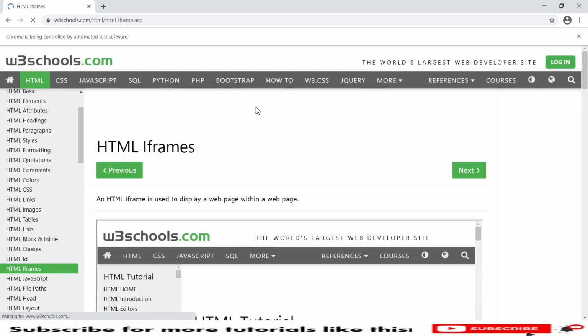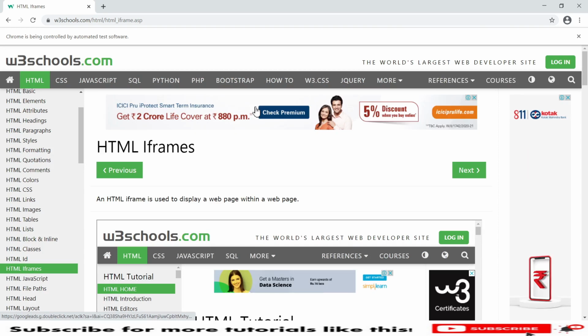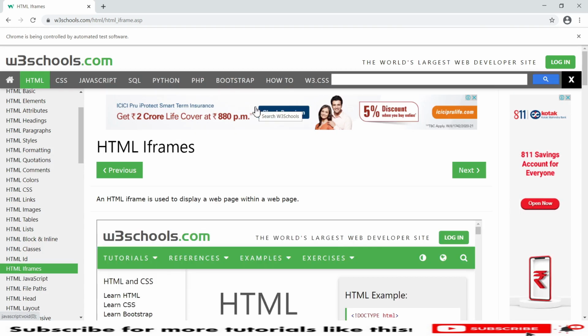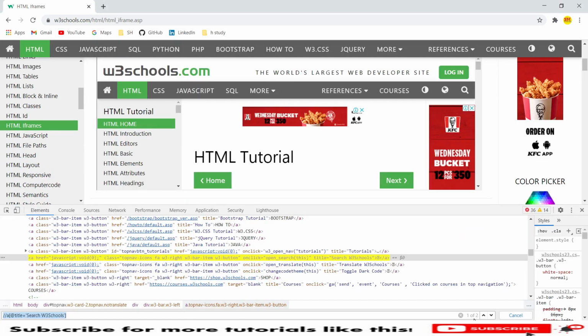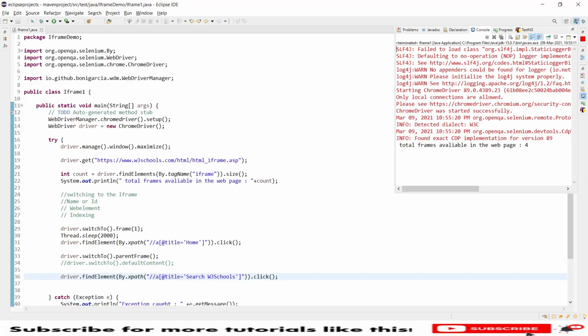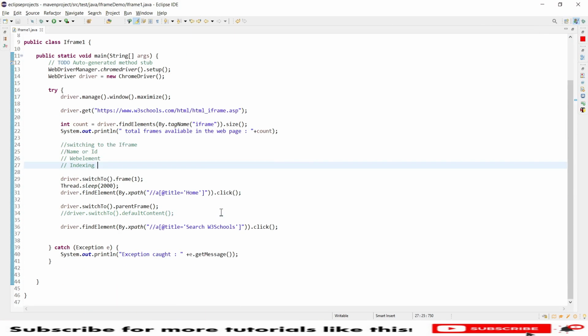So it has launched the URL, and in the frame it has performed. Yeah, you can see both actions performed even though we have multiple options. I mean, whenever we identified the search icon, right, it showed two different ones. So we have one of two. Generally if you see one of two, then that time it will throw you an exception, but here it is an iframe concept. So now we have switched the control from the iframe to the parent frame so that it has performed on the main page. And this is how you handle web pages with an iframe.